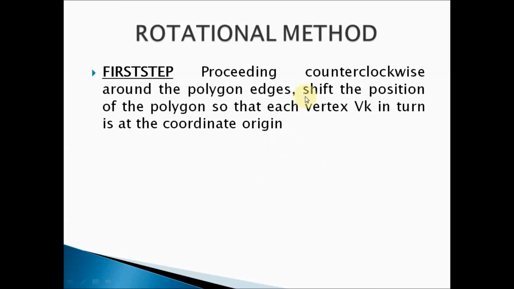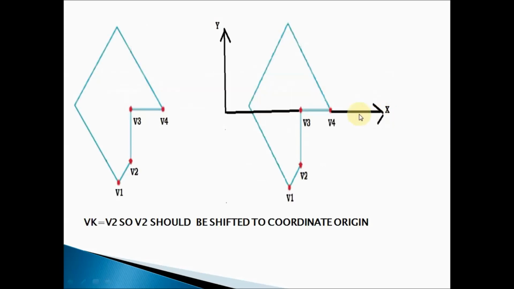But here, what is the first step? You have to shift the position of the coordinates of each vertex towards the origin. Here I shifted v2 because v3 v4 are towards the origin only, but v2 and v1 are not towards the origin. That's why I shifted v2 to the coordinate origin. Why I shifted v2 is because if you shift v2, along with v2, v1 will also be indirectly shifted, right? That's why I am shifting only v2 here, not necessary to take v1. So first, I shifted the vertex v2 here.